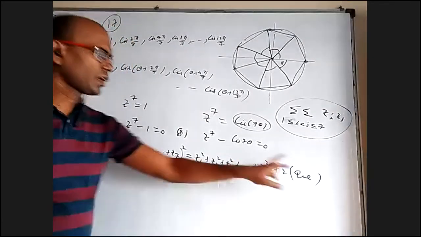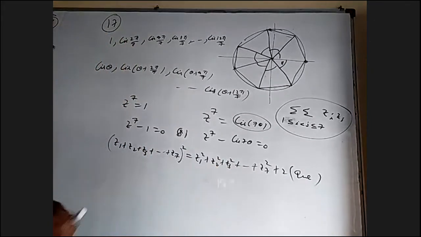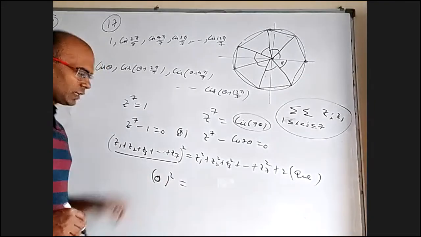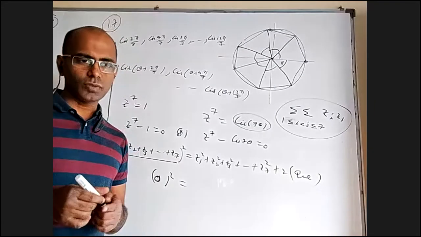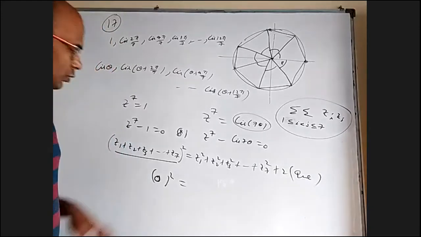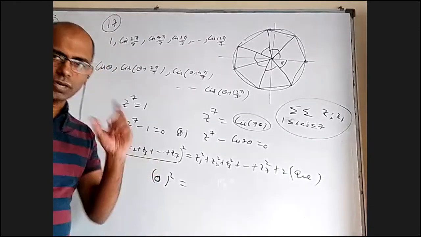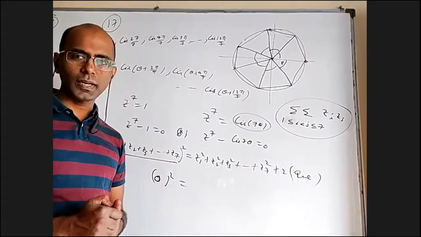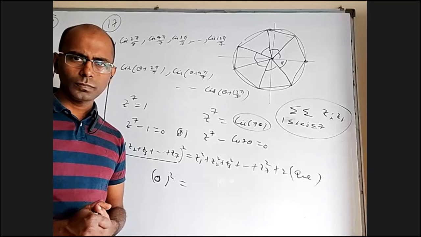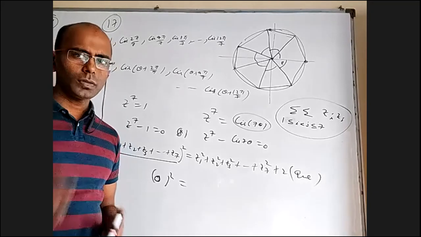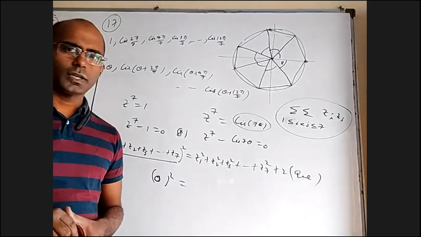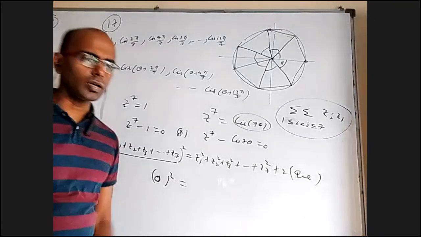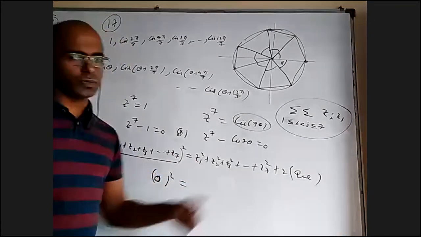Okay. So if I want to find this, I have to find this and find this. But I already know sum of the 7 roots is 0. This is 0 whole square. Those who know about complex numbers, not only sum of the 7th roots of unity is 0, sum of their squares, cubes, any higher powers is also 0. Am I right? Others, I don't know where you are in complex numbers, if you have studied nth roots of unity or not. This sum is also 0.